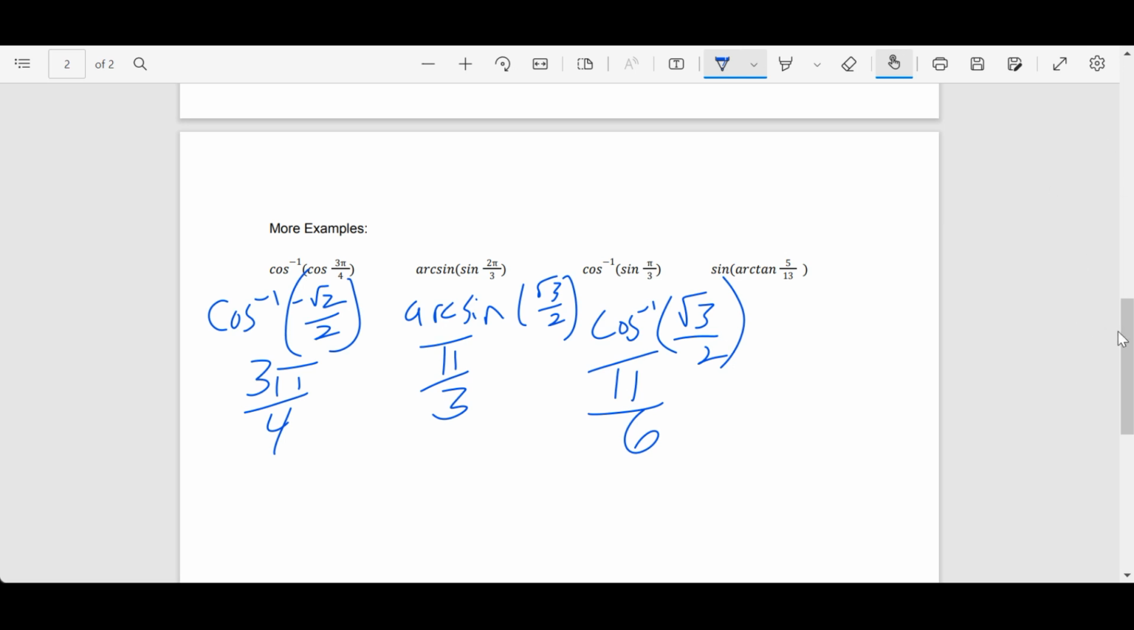Finally, we have a little bit of a goofy one over here. We have sine of arctan of 5 over 13. And really, I'm going to change this problem to make it look nicer. So it's going to be 5 over 12. Okay? So arctan of 5 over 12. So what does that mean for us? Well, if we were to draw this,